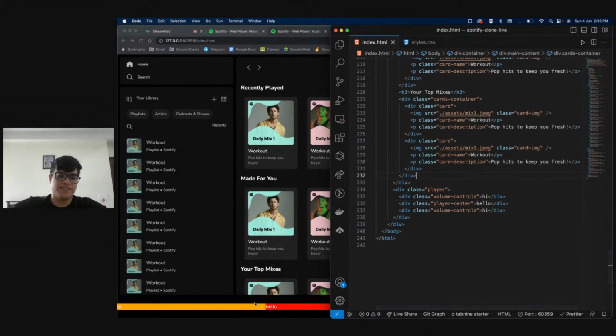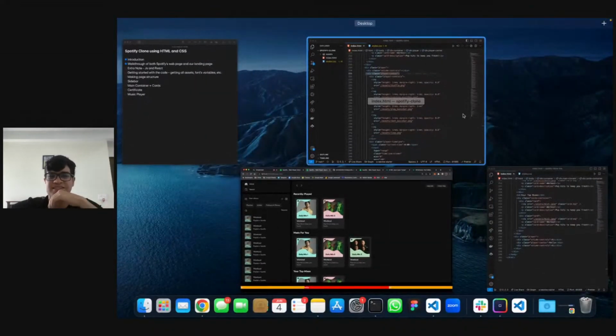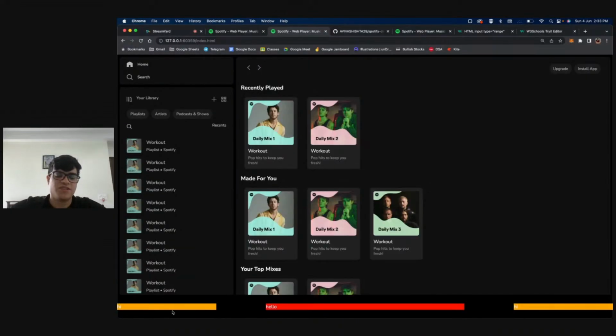The moment we do that, this is what we see. So now can you guys imagine what we're doing? We just have three sections, and like I said, we can also make these 20 view widths. So 20 and then, see, when I have 20 and 20 and 40 in the middle, do you see that there's some gap